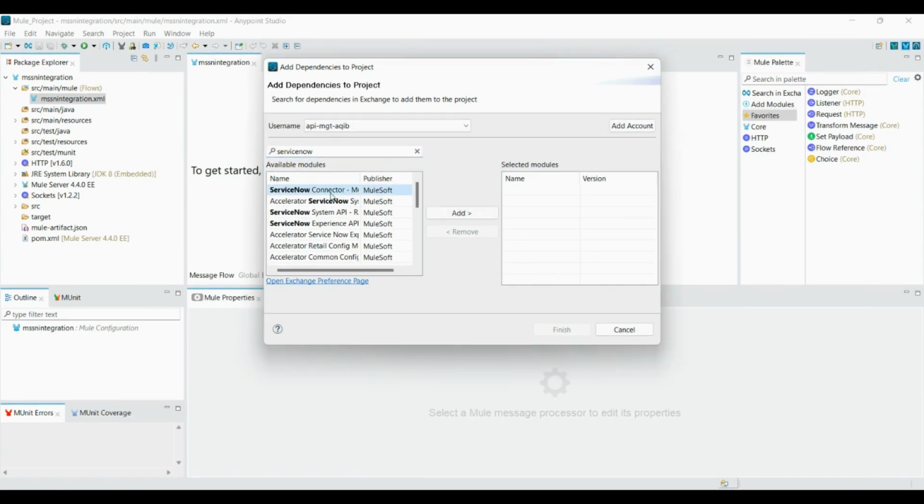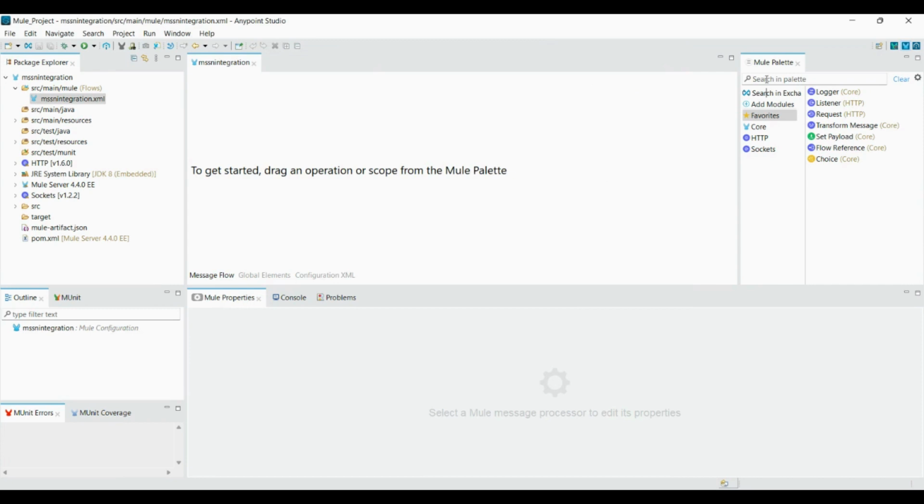The very first connector you see, you just click add here, and it will be added to your project. We already have this available in the Mule palette, so we can just click cancel. If you don't have it, you will have to click finish. That's fine. Right, so let's add an HTTP listener,